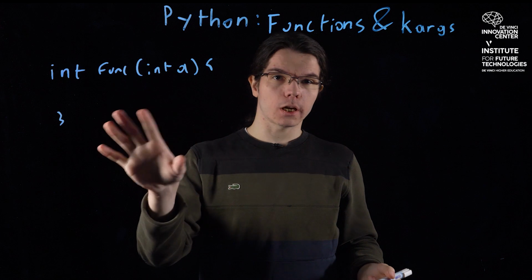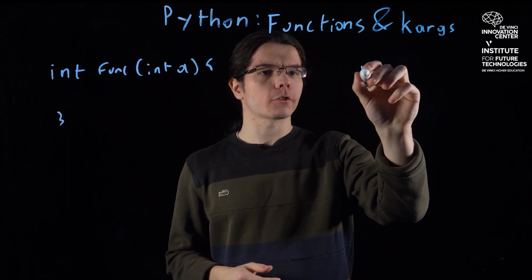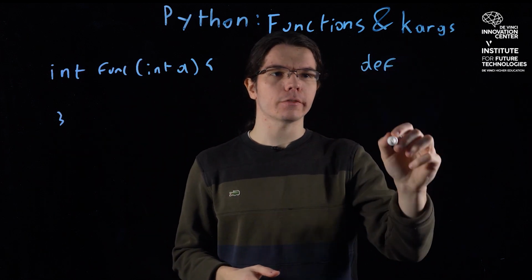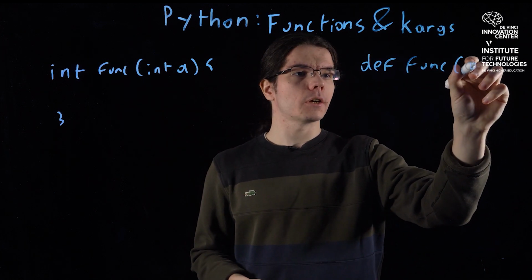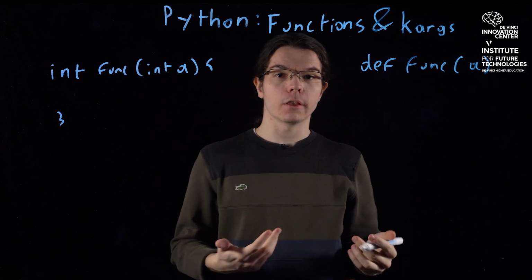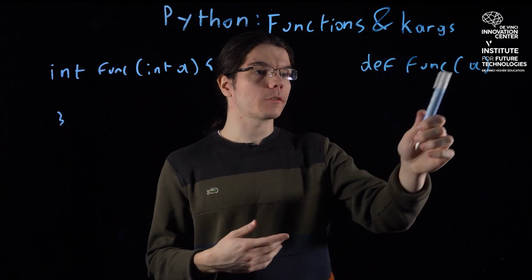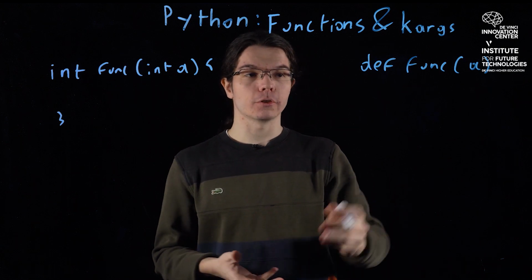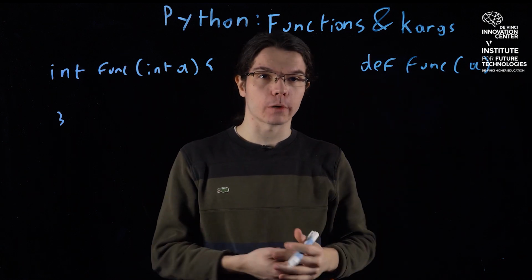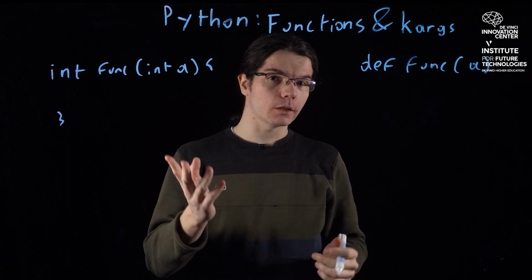In Python, we have almost all that, but we have the function definition keyword, which is def. We have the function name, like function, and then we have the arguments. Now remember, because Python is automatically typed, we do not have to specify the argument type inside the function. We actually don't even need to specify the return type of the function, although we can give what's called a